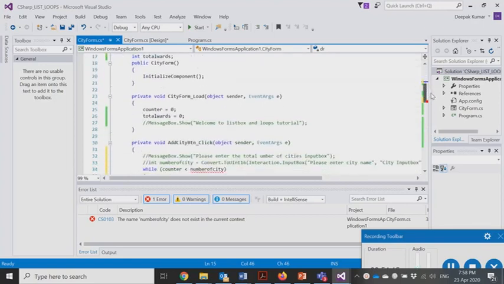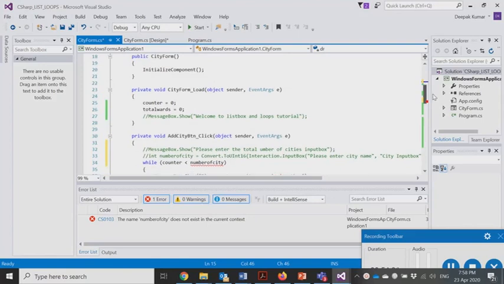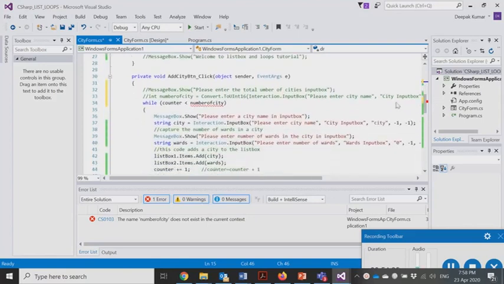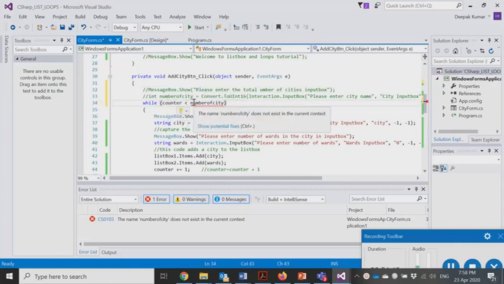So again, coming to our while loop here, and obviously I have removed this because I have commented this entry. We are trying to use a different way of doing it now. Rather than using these two values as I demonstrated to you, we will be using a DialogResult object variable dr.